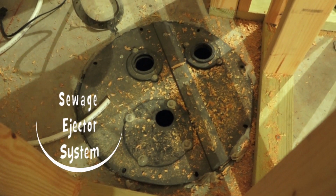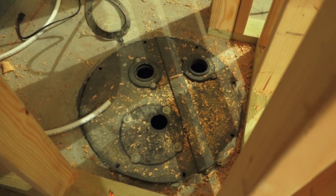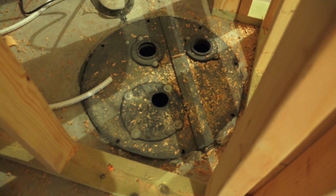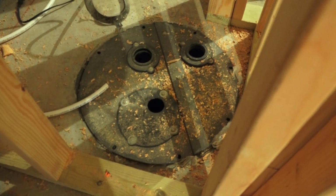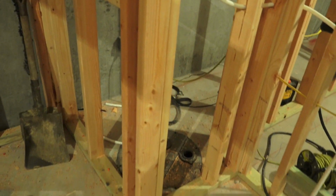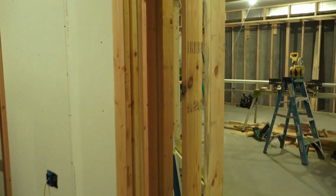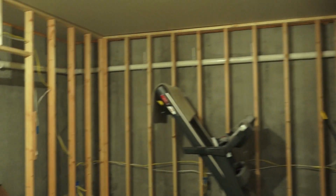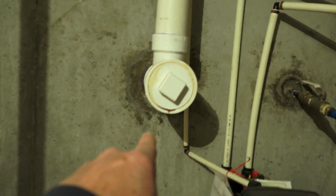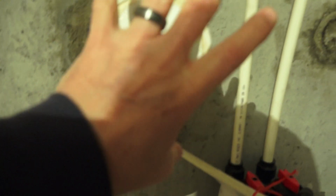And we've talked about sewage ejectors in many other videos on this channel, but the sewage ejector, if you haven't seen any of those videos, is the device that takes all the wastewater from the bathroom, grinds up whatever's going into that pit, and then flushes it out and up into the main sewage of the home. All right, so in the basement, 95% of the time, you're going to have a sewage ejector pump if you want a bathroom, because the sewage that goes out to the yard, and here's where it goes out to the yard, it goes right through the wall right here. Because it's 6 feet or 5 feet up off the floor to this clean out,